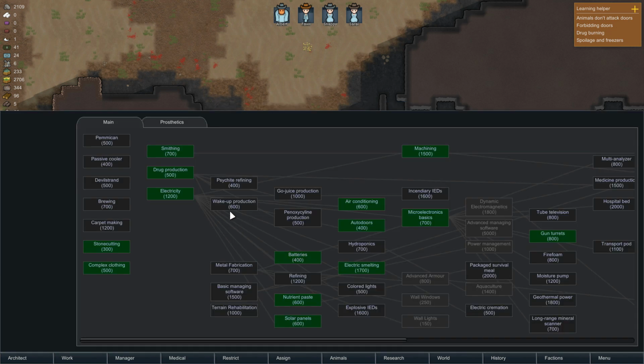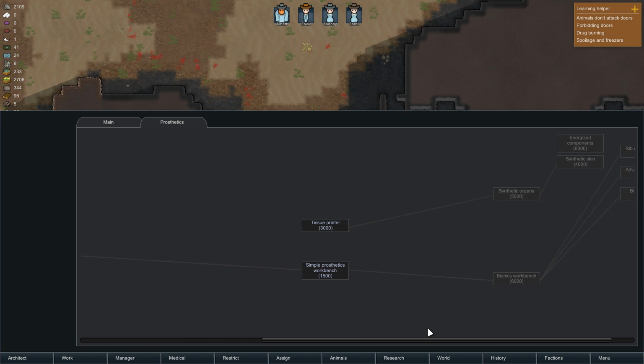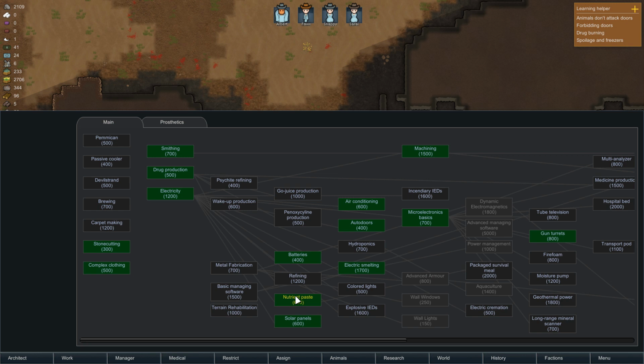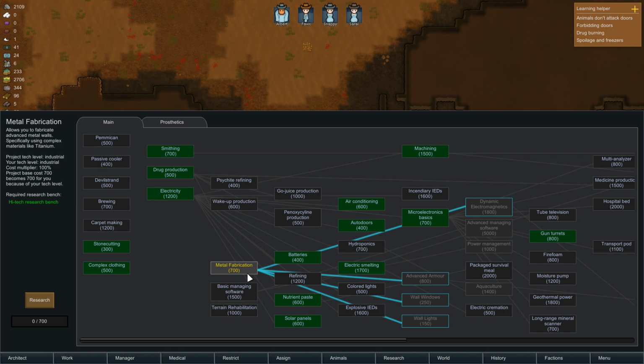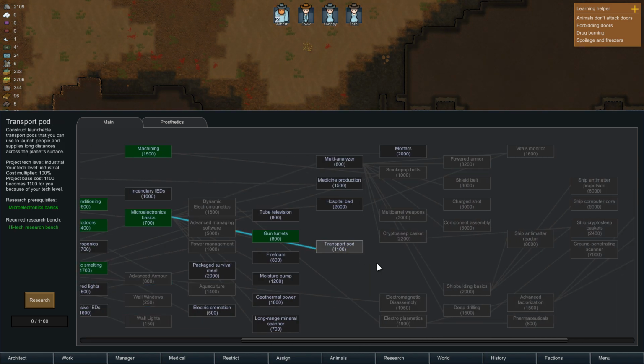Machining is done. Nice. What should I go for next? Prosthetics. Could work toward that. Prosthetics, workbenches, and stuff. If I wanted to make bionics, that'd be kind of fun. Well, these are drugs. Wake up, psychite. Metal fabrication. Advanced metal walls, probably not important to me right now. Transport pod would be good if I wanted to start working toward...